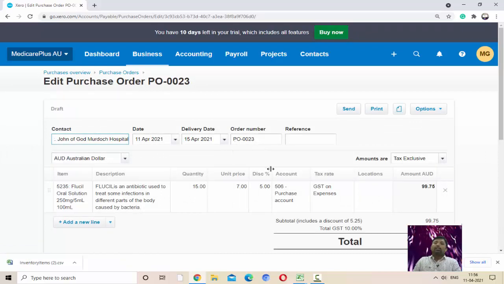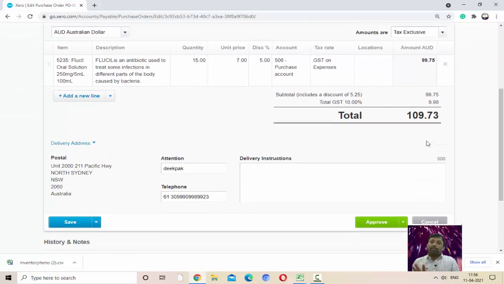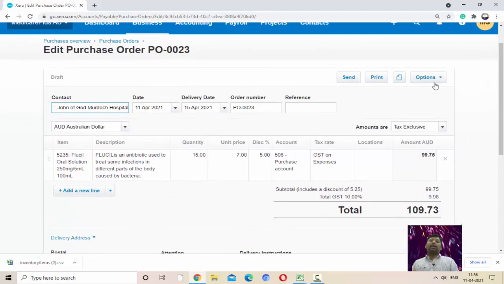Then select this bill, and if we want to send it for approval, that bill will be opened on your screen, and then click on this option, send.